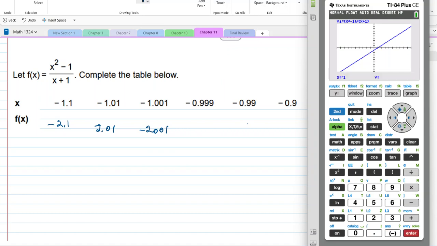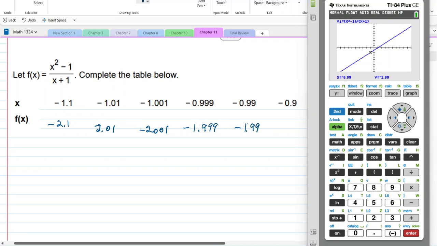I get nothing because it's an open hole. Now that proves it. So now we're going to do negative 0.999, and we're going to get 0.999. Oops, can't read that, can you? And then we're going to do negative 0.99. All right, and we're going to enter, and I get